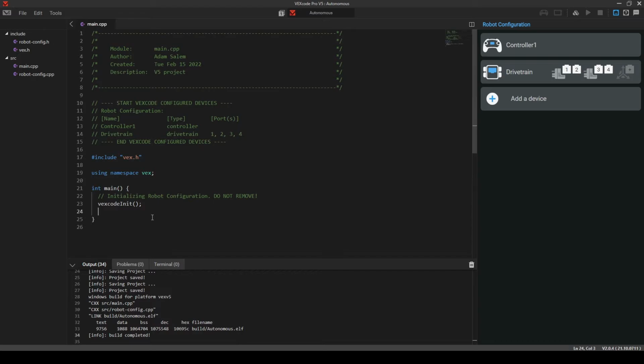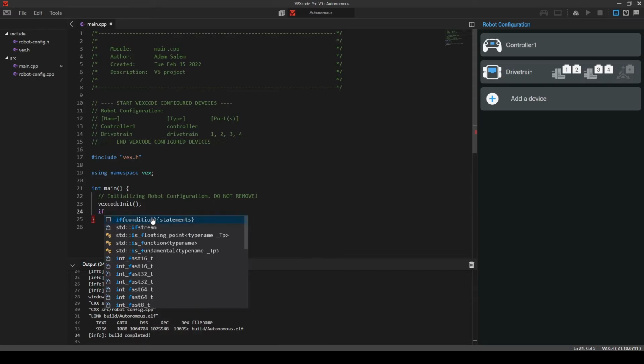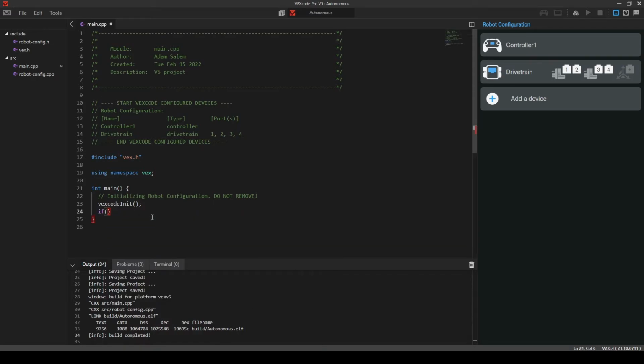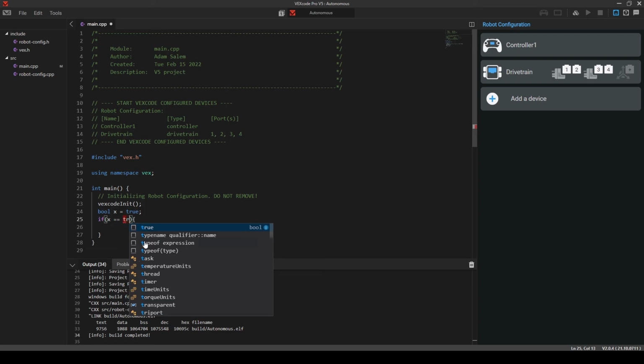Let's get on to ifs. If a boolean is true or false, you can create a new boolean and name it x. And if x equals true, right? If x,